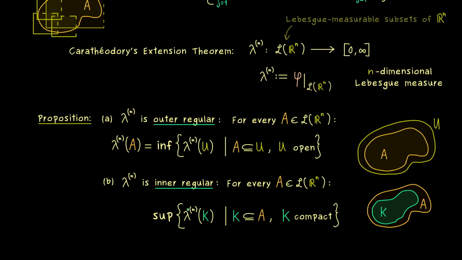And now, since we come from the inside of the set A, we want to look at the supremum of these values. And if this supremum is actually equal to the measure of A, we say that our measure is inner regular. So you see, we have two approximations here, one from the inside and one from the outside, and if we have both of them given, we would speak of a regular measure. So the nice result here is that our common n-dimensional Lebesgue measure is a regular one. And since this is a property that can also be useful for calculating some special integrals, I definitely wanted to state it here. And for the same reason, I want to show you the actual proof of that, but this